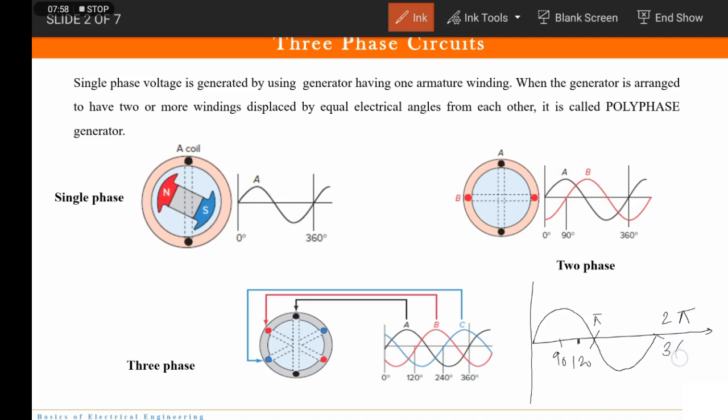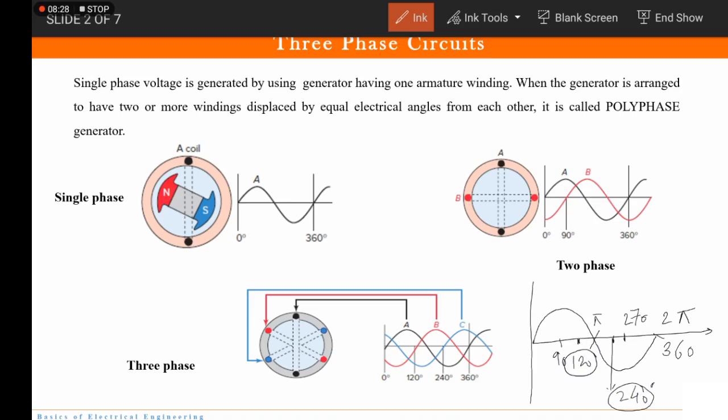Similarly, this is 360, right? So here we will have 240. 240 will be somewhere here, because the middle point is 270. The very important points for us are 120 and 240